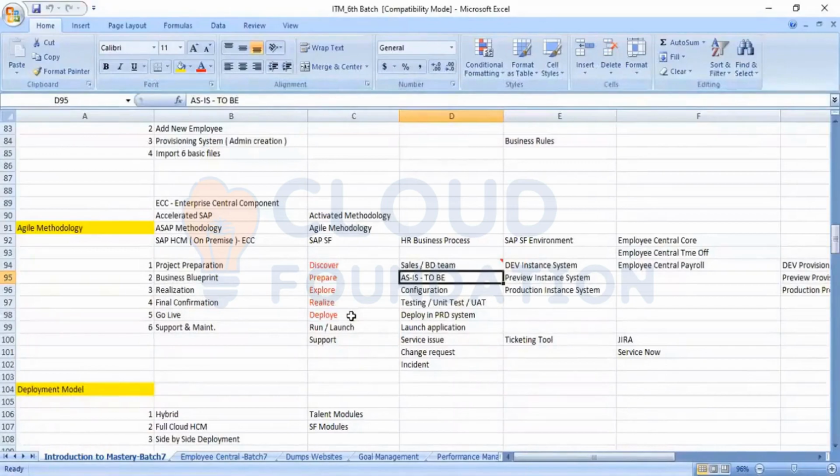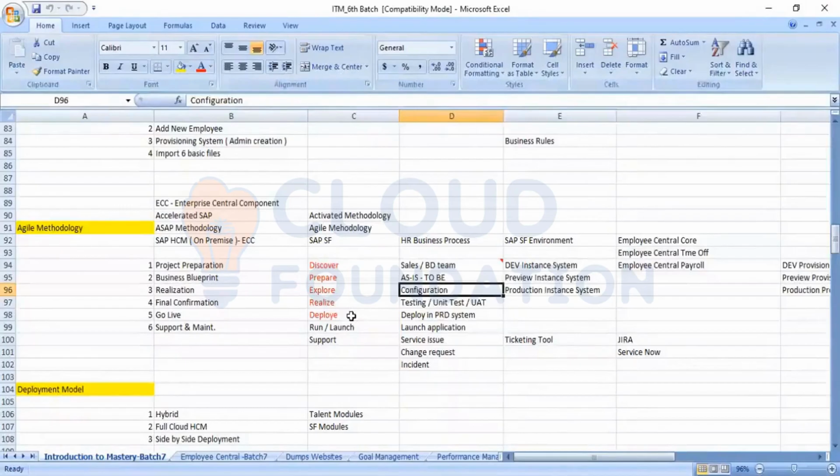Then comes the third phase. In the third phase, you will have the configuration. Now you have a requirement, you have a team set, each consultant is there for each module. You know the process flow from the customer, you gathered the requirement, and now we have to do the configuration.